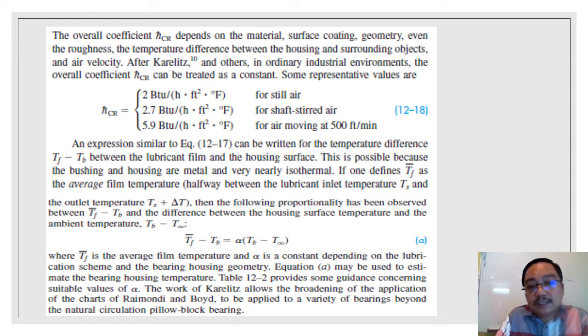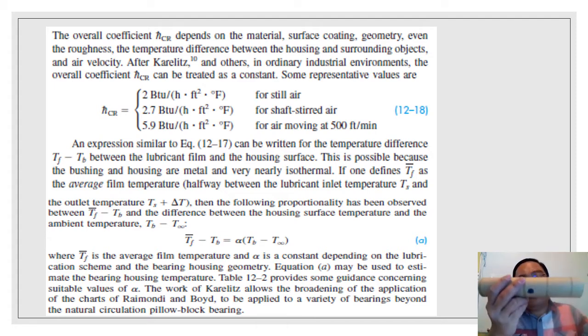An expression similar to the previous equation can be written for the temperature difference T_f minus T_B, which is the difference between the bushing temperature within the lubricant film and the housing surface. It is impossible to measure because the bushing and housing are metal and very nearly isothermal. If one defines T_f as the average film temperature halfway between the lubricant inlet temperature T_s and outlet temperature, inlet temperature meaning the fluid coming into the bearing,